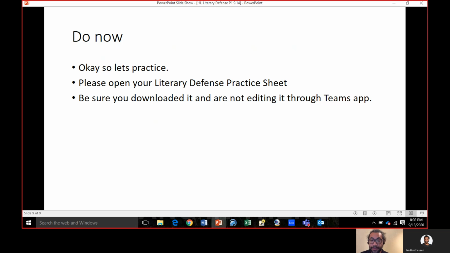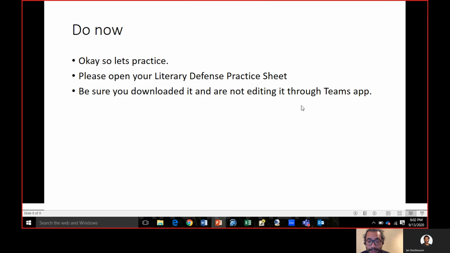Right, so make sure it's not going to edit anything for any of your classmates in this class, and especially if you're not period 7, even if you are period 7, you still won't make this mistake. But if this is like period 1 or 3, you still have a bunch of periods coming up, and those people need a clean, fresh worksheet to work with. So download it. Open it up. Be sure you download it and not editing through apps. So I'm just reinforcing that 100%. Don't screw it up.